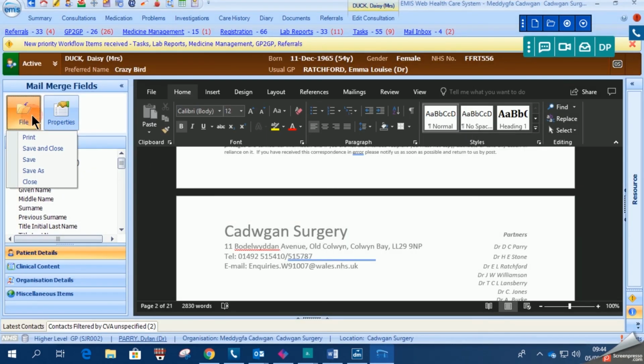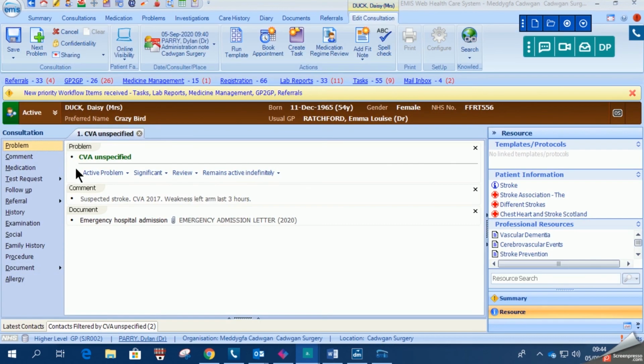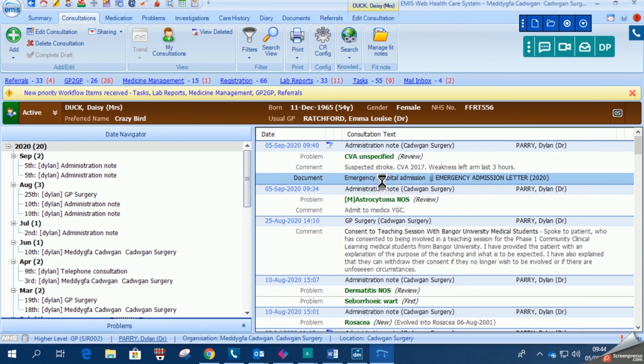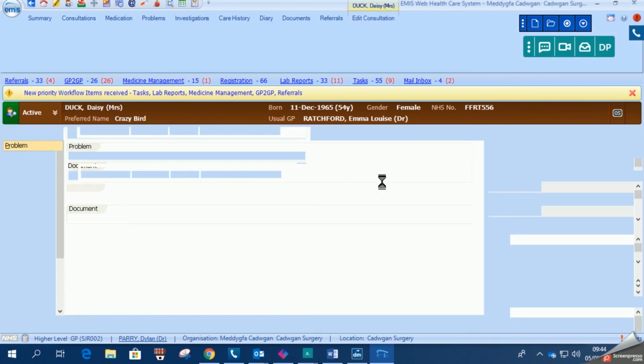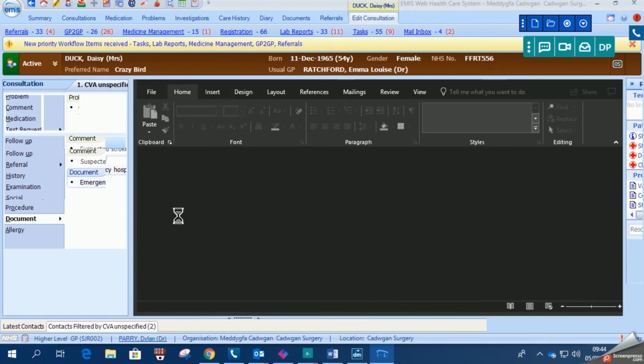And then you need to save your letter or your document, and then save your consultation. Now, if at a later date you want to send the same letter or email it somewhere else, you just click on the consultation, click on the attachment, and you go through the same process. So just as a reminder,